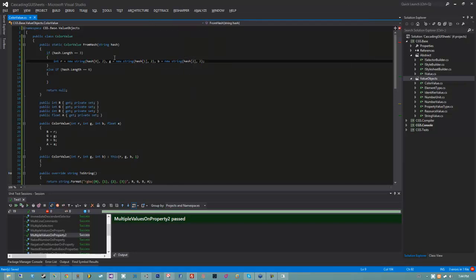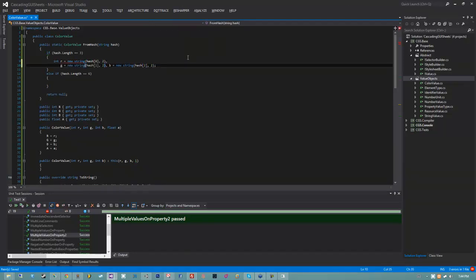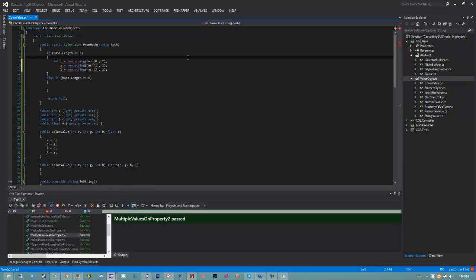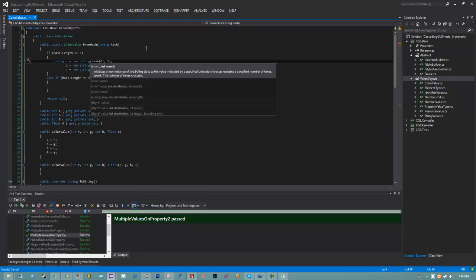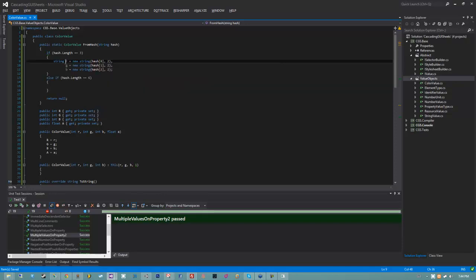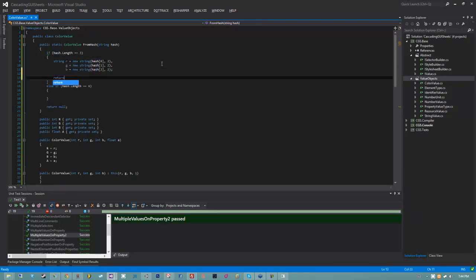Now, the string constructor is something that not a lot of people use, surprisingly. What the string constructor allows you to do is it allows you to repeat a character for a specified count. So that's really handy. So that allows me to create my RGB strings by just repeating the values and the different bits of the hash. So that makes the code look a little bit nicer. Then what I'm going to do is I'm going to return a new color value with